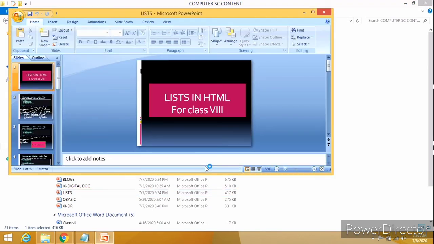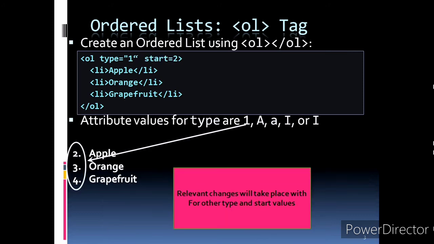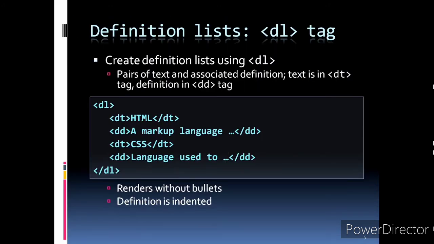So here in our tag, just now I had explained to you about the DL tag. Okay, the DL tag: definition list and definition term. We are using three tags. What are the three? The DL, the DT and the DD. So here again we will be using the same content over here.